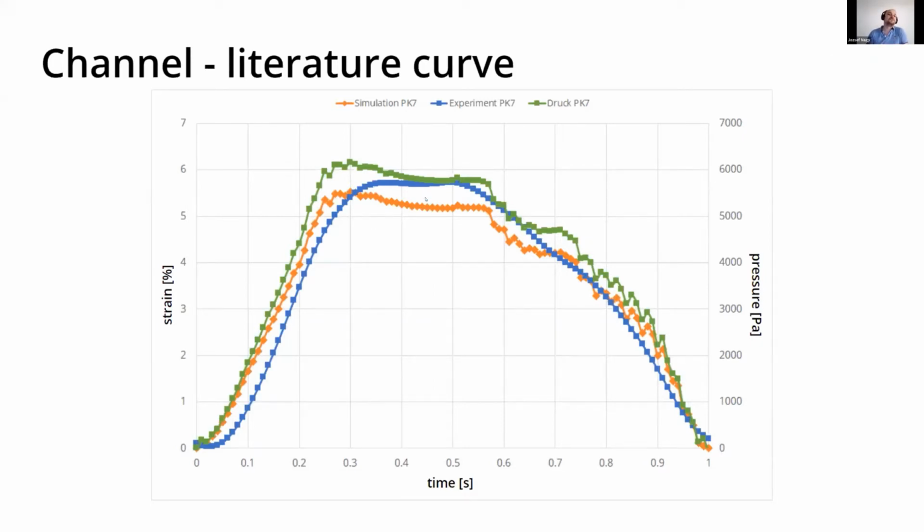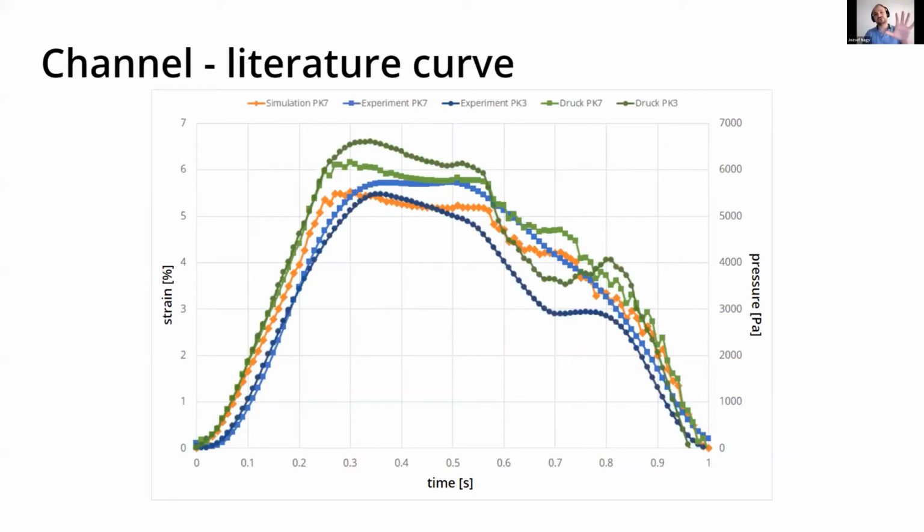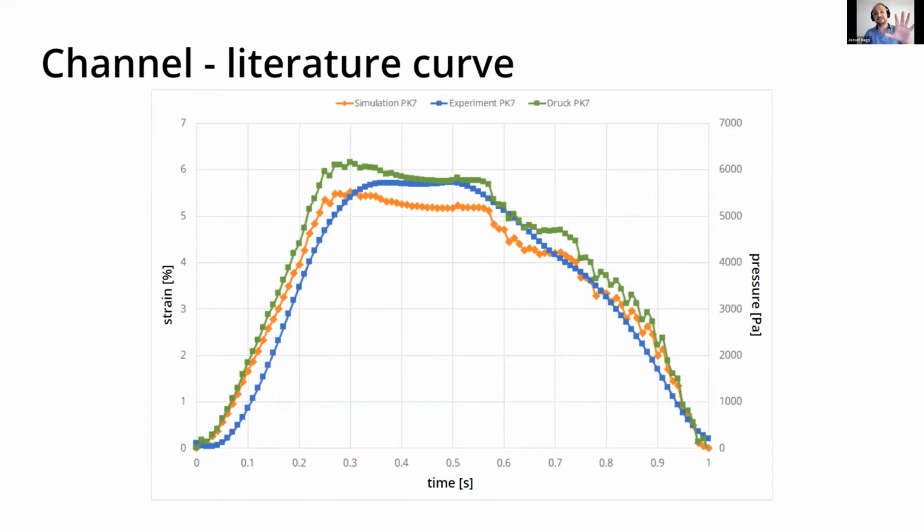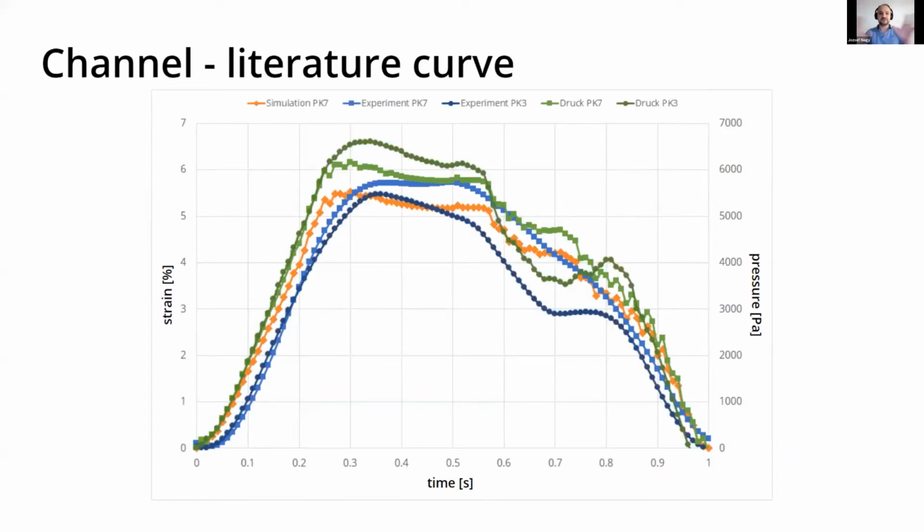Also, there is a small difference in the maximum between the experiment and the simulations, which is less than 1% of strain. But to quantify this difference, I'm going to just show you a second set of experiments. So no additional simulation, just a second set of experiments, just to see the difference between experiment and experiment. And as you can see, the two blue curves have almost the same difference as the difference between simulation and